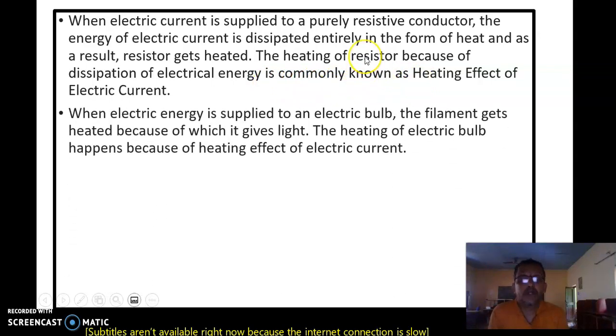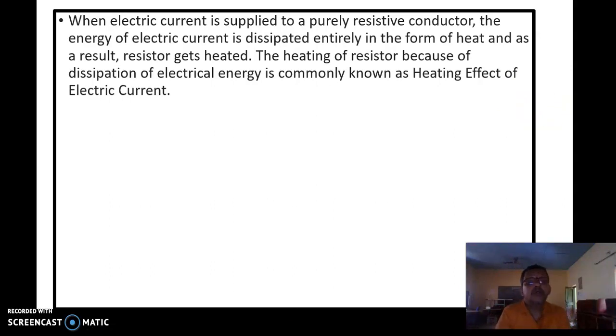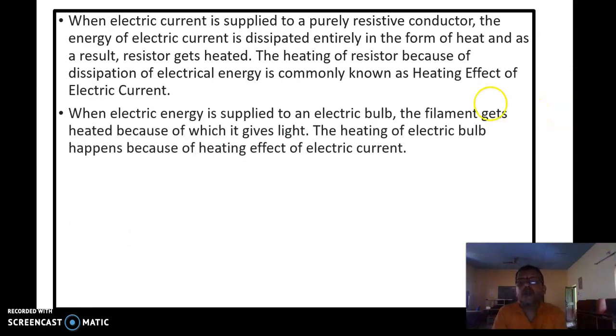Okay, what is the heating effect? When a current is passing through a non-conductor, due to that, electricity is liberated in the form of heat. This effect is called the heating effect of current. So when electric energy is supplied to an electric bulb, you have seen an electric bulb,